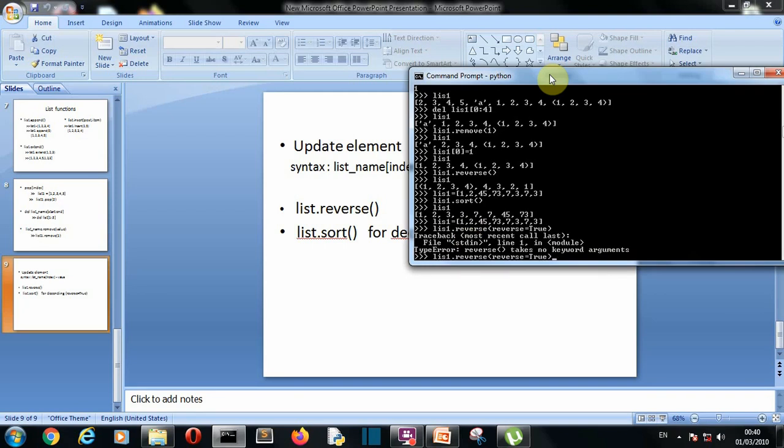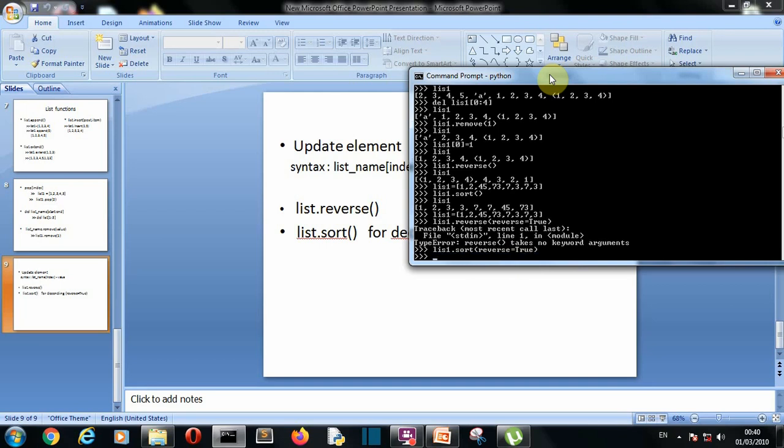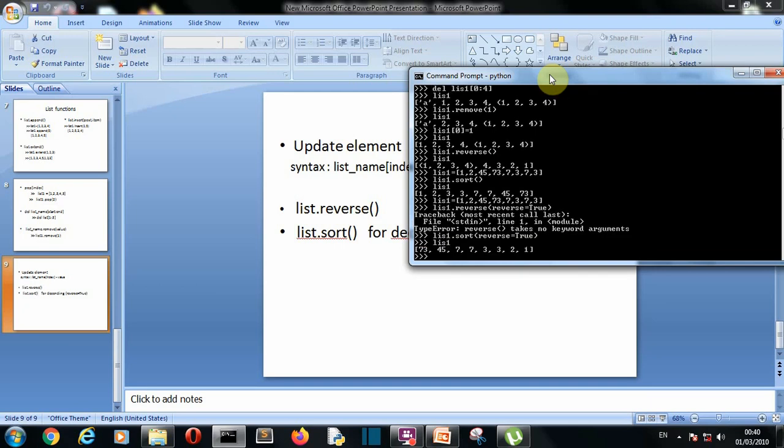And this is not reverse, this is the sort function. Reverse is equal to true. If we now print our list1, there you can see that the numbers in this list are arranged in